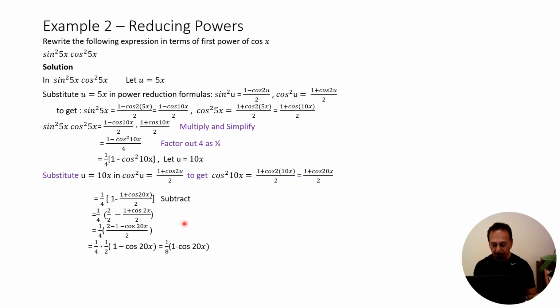Now we subtract. So in order to subtract, we convert 1 into 2 over 2. So now we have same denominators. So we write the denominator once, we have 2 minus 1, and this, since subtracting, plus changes to minus. Now we simplify, 2 minus 1 is 1, then 1 minus cosine 20x,